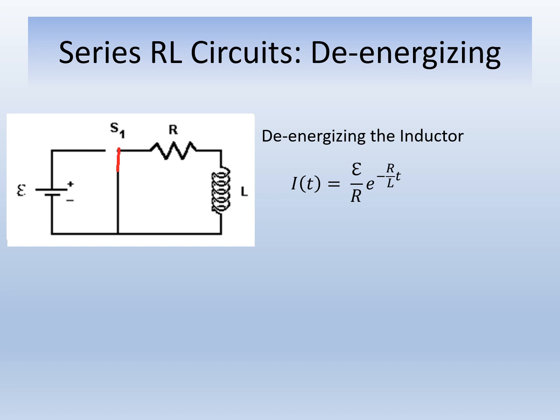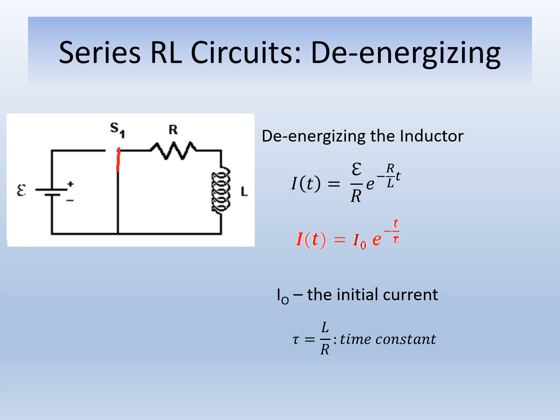And that can be modeled by the expression that we see here. I at any given time equals the potential difference from the battery divided by the resistance, times e to the minus R over L times t. And when t goes to 0, the exponential term goes to 1, and therefore the initial current is the battery potential difference divided by R. We know that is true because that is the final current just before removing the battery, and